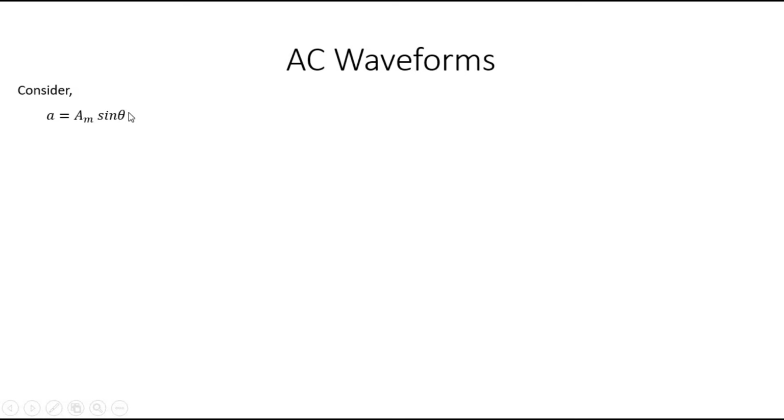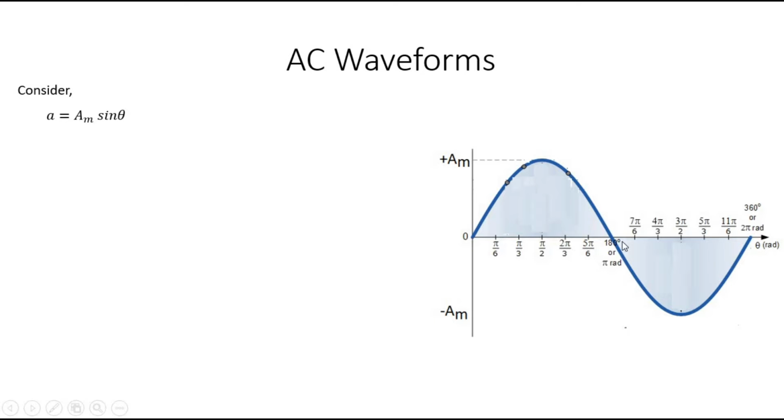So if theta is varied from 0 to 360 degree or 0 to 2 pi radian, if it is in radian, if theta is varied from 0 to 2 pi, we will get a waveform. This is an AC waveform. It is alternating. It has positive cycle and negative cycle. So it is an alternating current waveform